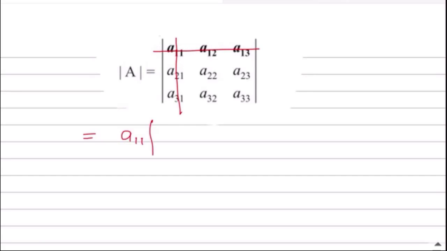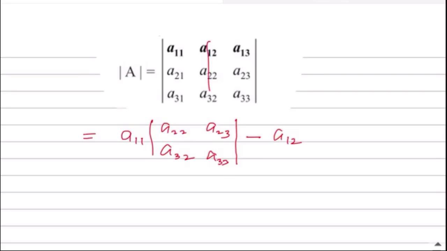So we have A22, A23, A32, A33. Now put a minus sign and take the second element A12 and the determinant obtained by deleting the first row and the second column, we get A21, A23, A31,